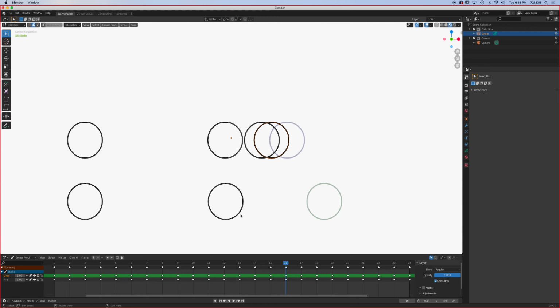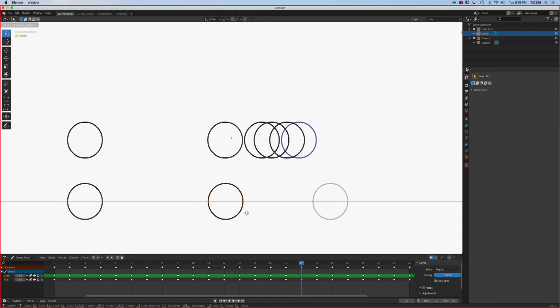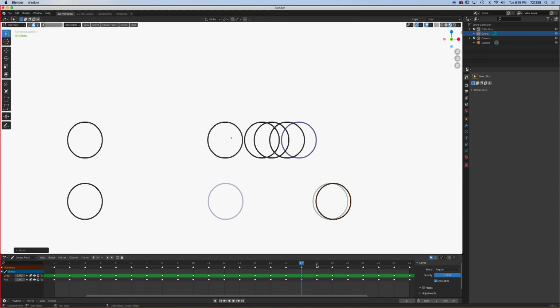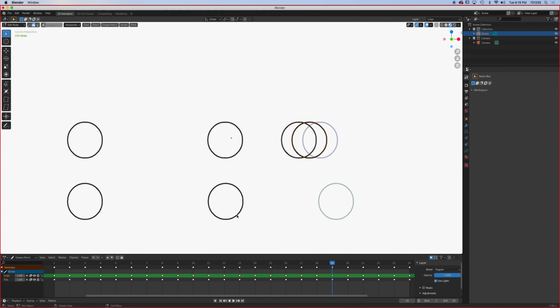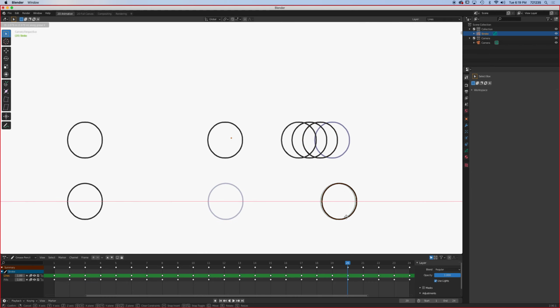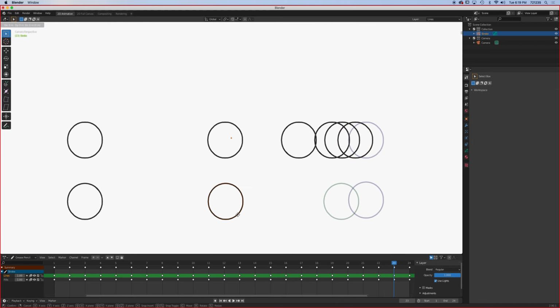We're going to start slowing it down now. Frame 16, 17, frame 18, 19. I'm going to bunch this up a little bit more here. 20, 21, 22, 23,